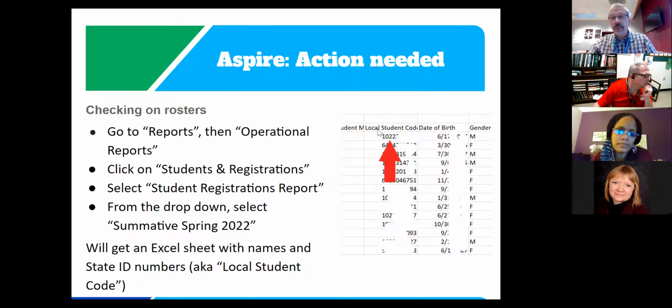Again, this was uploaded after the start of second semester, so it should be a little bit easier as far as students have settled into classes, and we should not have a ton of movement. That doesn't mean we won't have any new students since February 11th, but it should be a smaller number than what we usually have. So you want to check that soon.